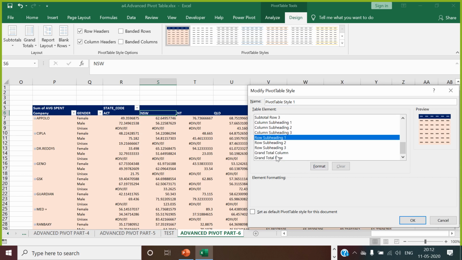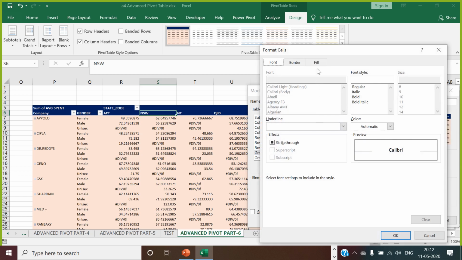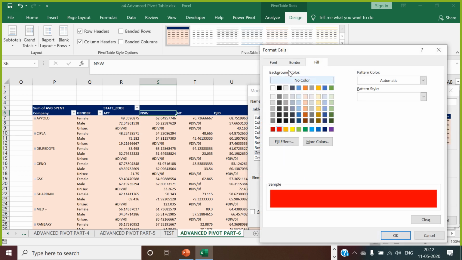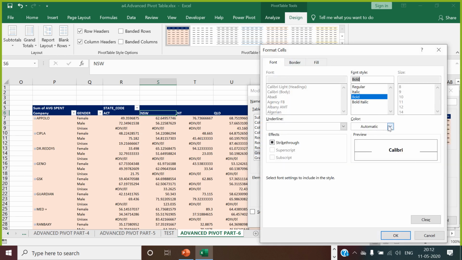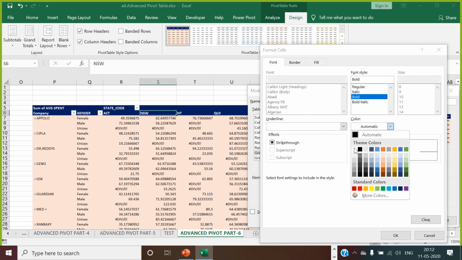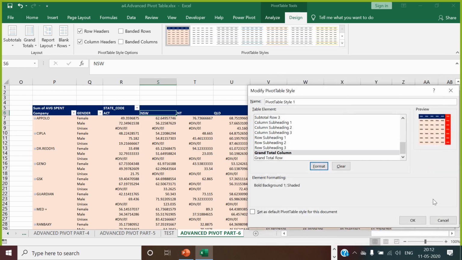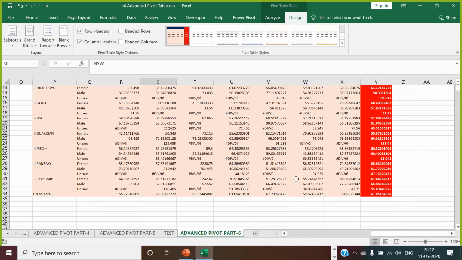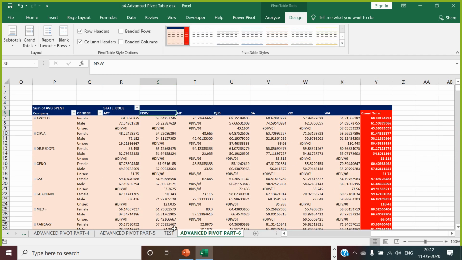Let's say you go for the grand total. I choose the grand total to be a red color background, and the font is going to be bold and white. You can see my grand total is coming over here. You can change the background color if you want.